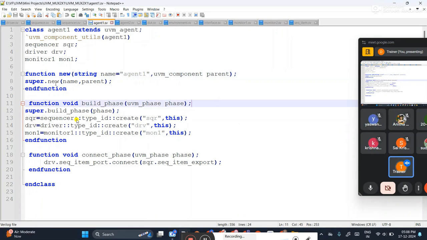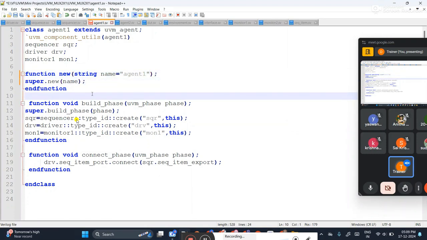And next line, super.new(name, parent). This is the exact syntax that you will use anywhere you go, for an IP project, SOC project, mini project, whatever the project. Whenever you create a file, one custom constructor should be created to create memory for this particular file. That custom constructor looks like this: function, endfunction, new, first argument, second argument, and the super. Suppose it is an object, then what should you do? You should eliminate this.